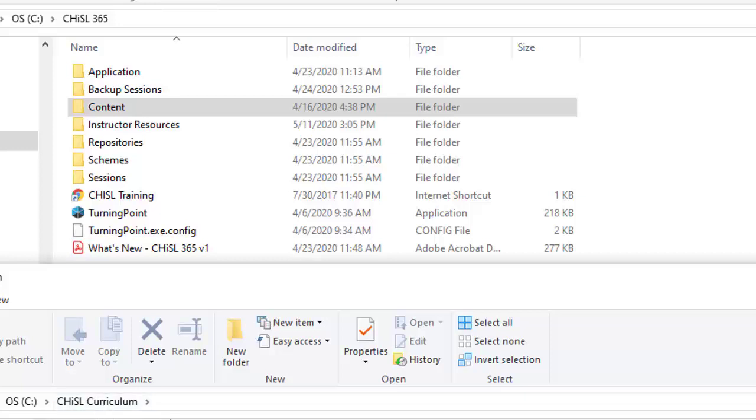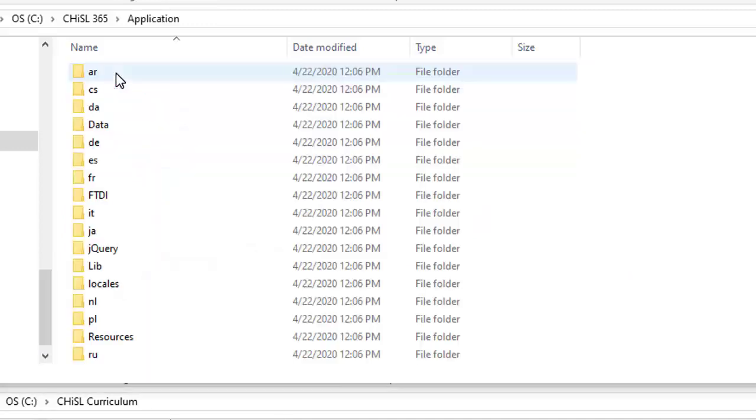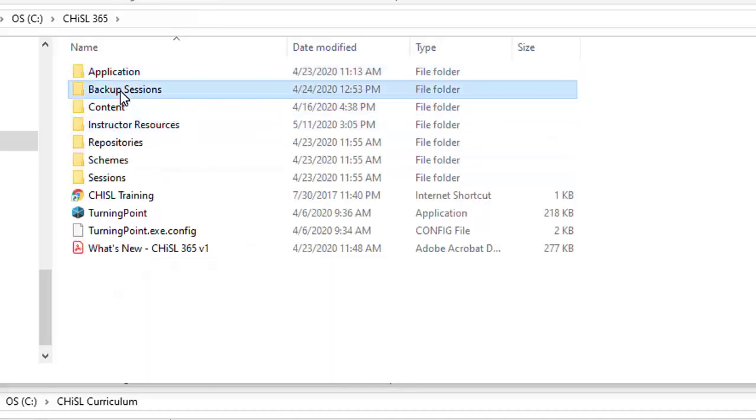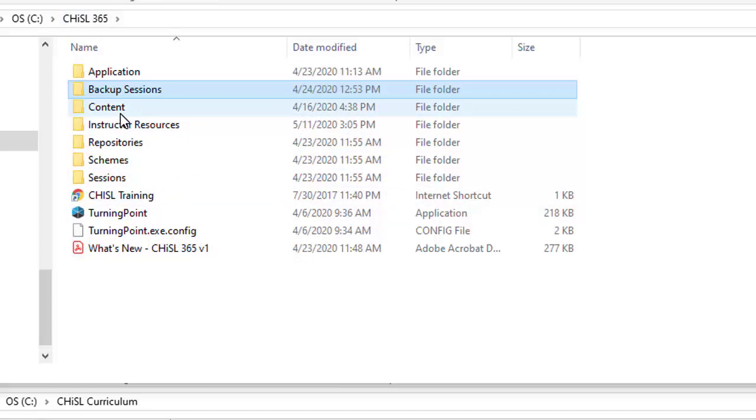We've now eliminated all of that, and with the CHiSL 365 installation, now we have our Turning Point software and all of the associated files and folders that need to make that run. So just by installing CHiSL 365, you've got everything you need that once you've launched Turning Point here, your content's in the right spot and you can hit the ground running.